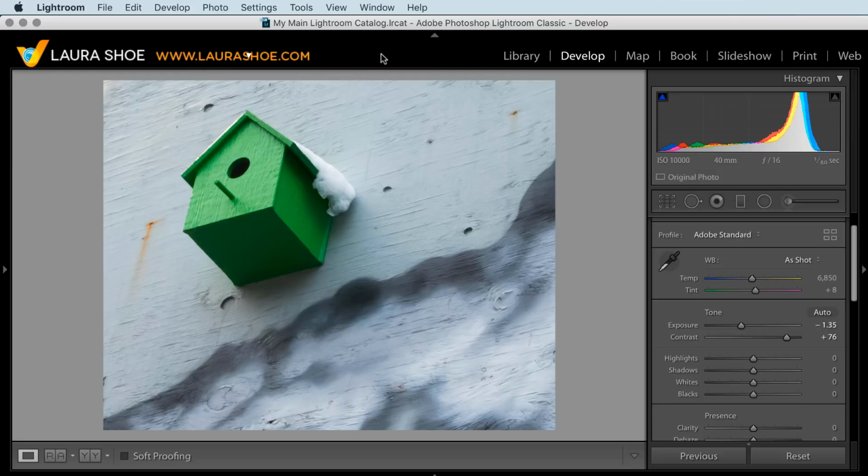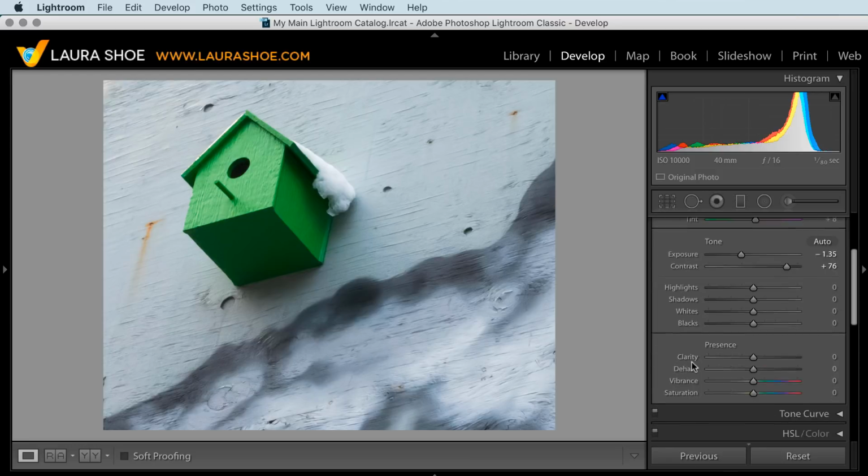In this short tutorial, I thought I'd show you how to change a color in your photo. For example, today I'd like a pink birdhouse. I'll show you a few different techniques though that will allow you to get different amounts of color shift or color change. Now in my case, the birdhouse is the only green in the photo, so one option is to